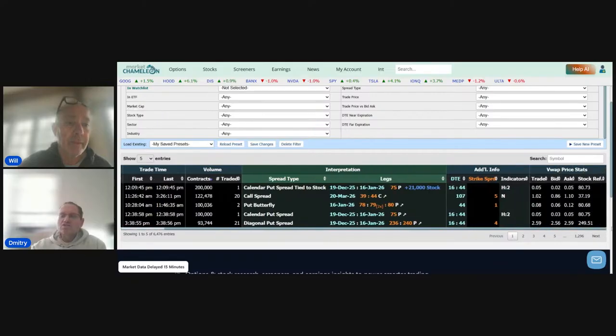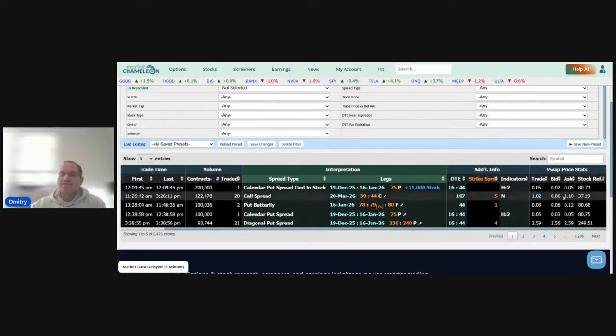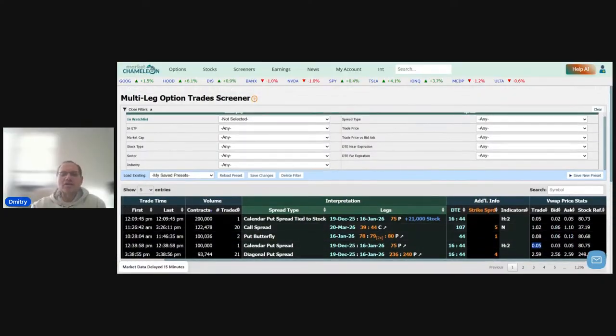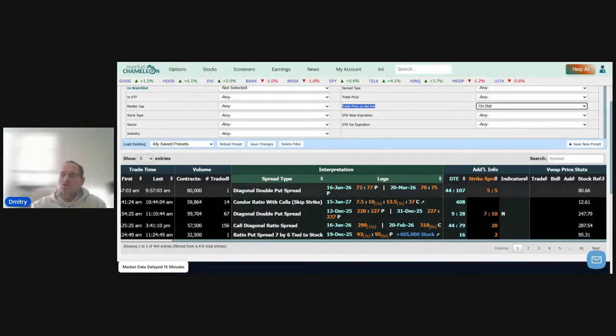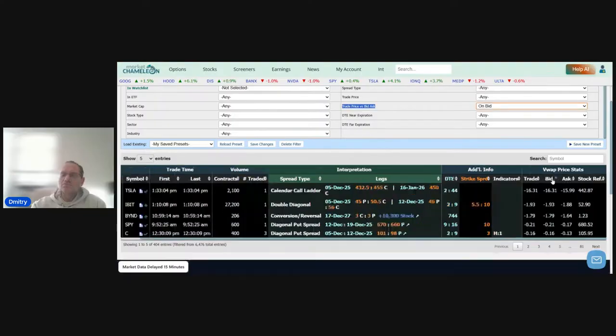Well, yeah. Well, you could see that here, right? So this is the traded price with the bids and offers at the time, right? So here's 5 cents. But yeah, I think that you can filter by trade price versus bid ask. So let's say you were looking for trades that happen on a bid, you can use that filter. So here are trades that are actually these. Let me see. So these are like trades kind of that happen on. So these look like,